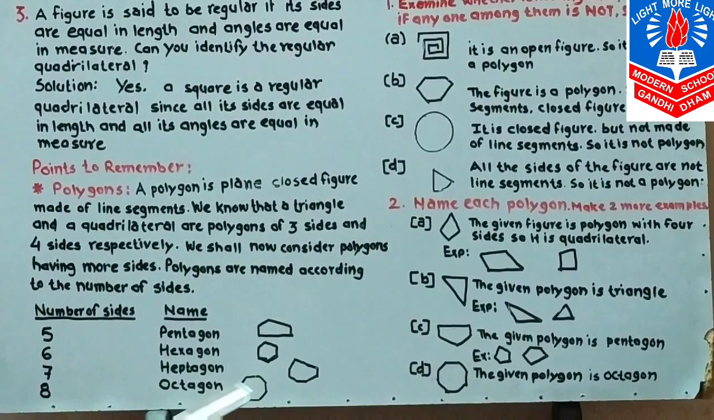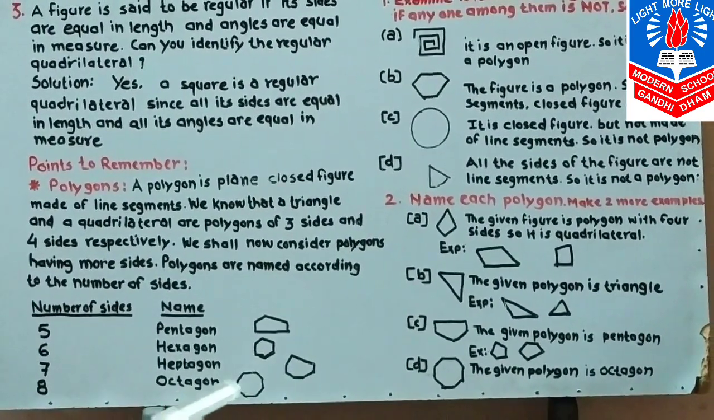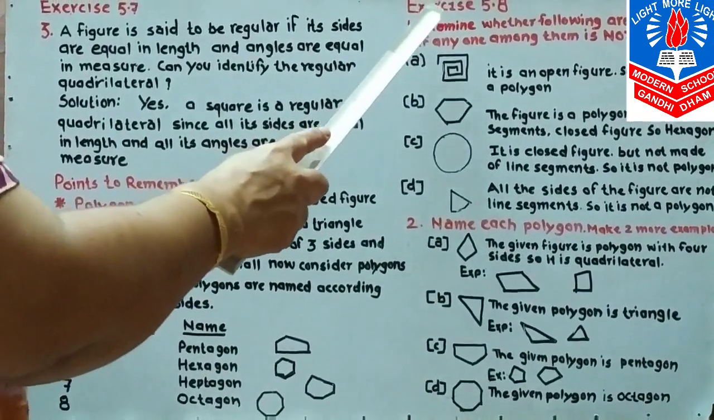So 1, 2, 3, 4, 5, 6, 7 and 8 sides. It means it is an octagon. Let's start exercise